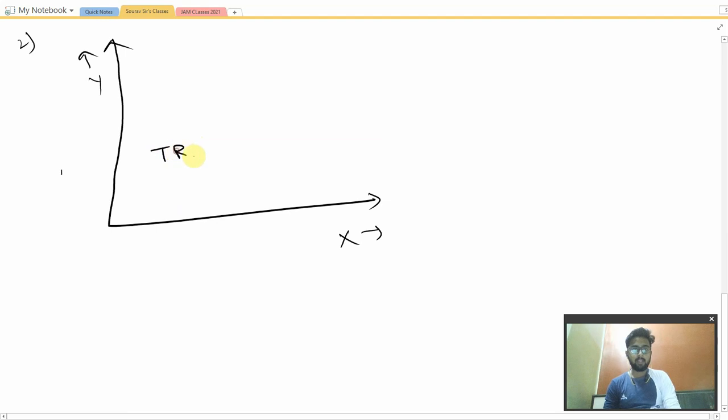Okay, so we have triangle written. Now we have to reflect this word, which is written in the positive quadrant. So what we have to do is write the mirror image after reflecting this text about the x-axis. So this will be working as the mirror. And we have to reflect this and write it over here.